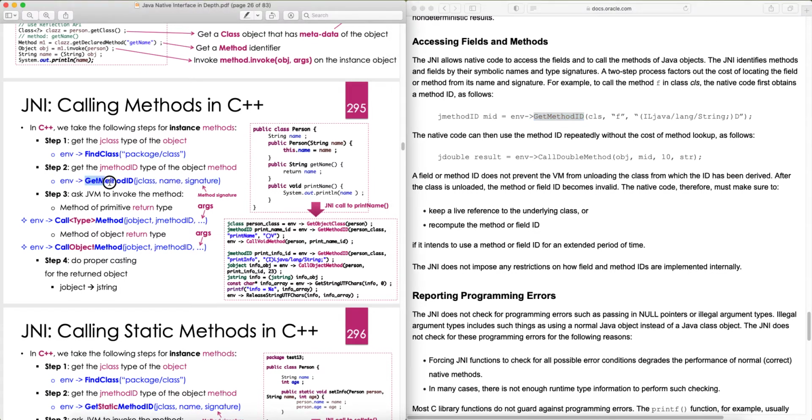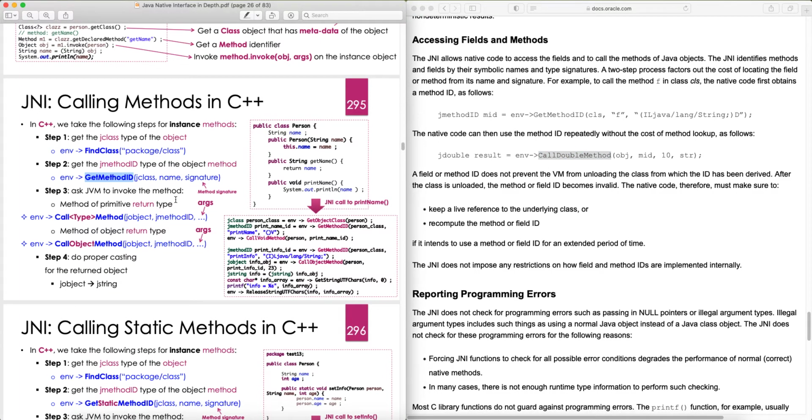So we get the jmethodID, which is the offset from the header of the object, and this is not a static method. So this method ID is for a non-static method. If it's a static method, we say GetStaticMethodID. The native code can then use the method ID repeatedly without the cost of method lookup. So jdouble result, CallDoubleMethod. Once we get the method ID,